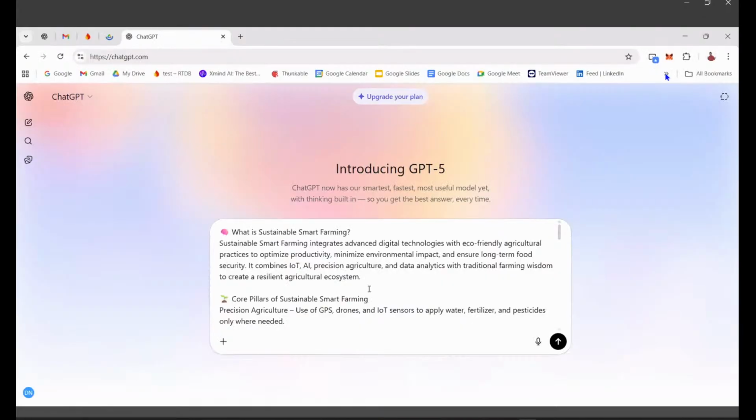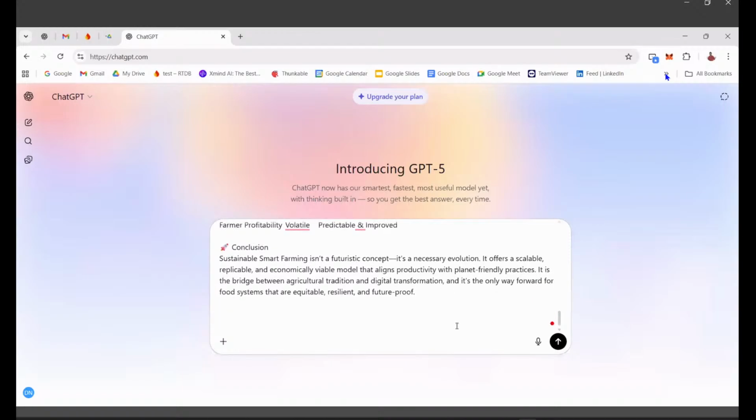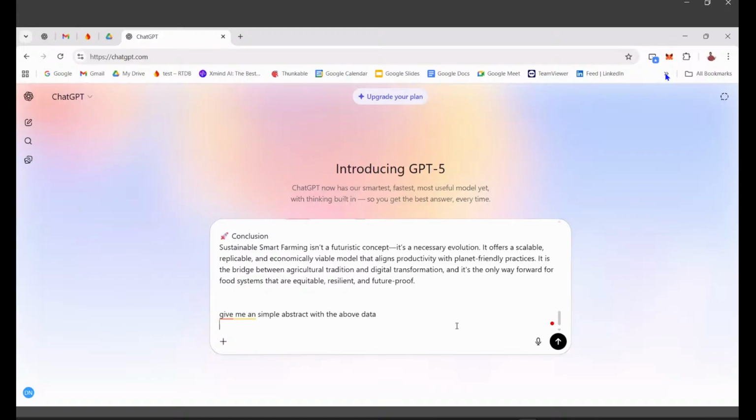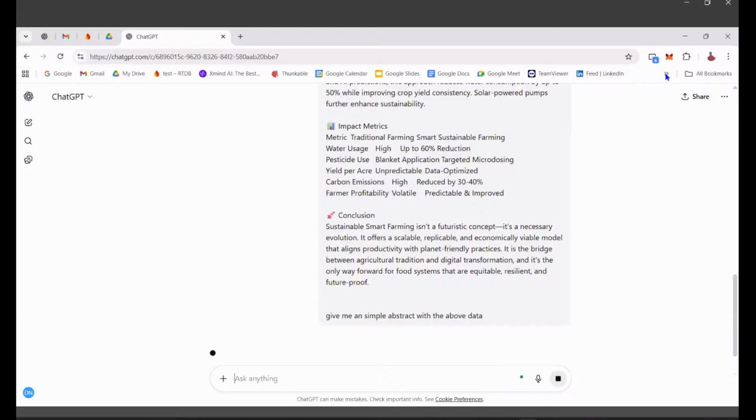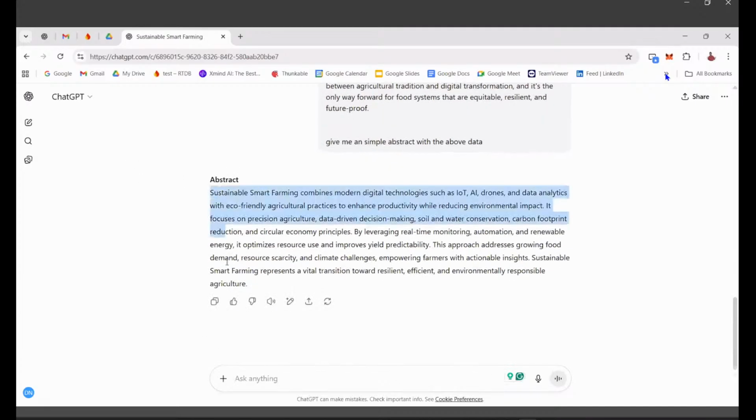And yes, I've grabbed the amount of data, and I'm just trying to get a simple abstract about the data, in a very layman way. Yeah, finally we got an abstract. Let me just copy it.